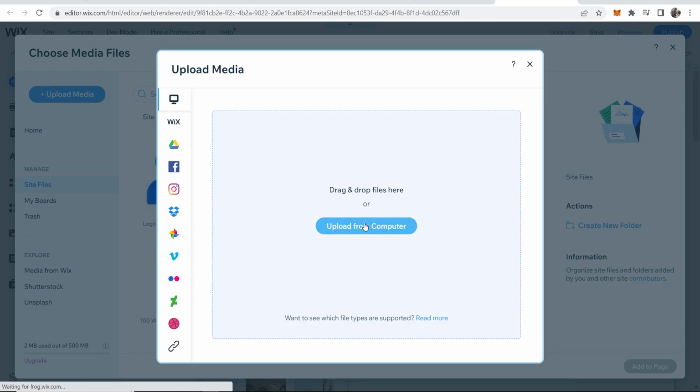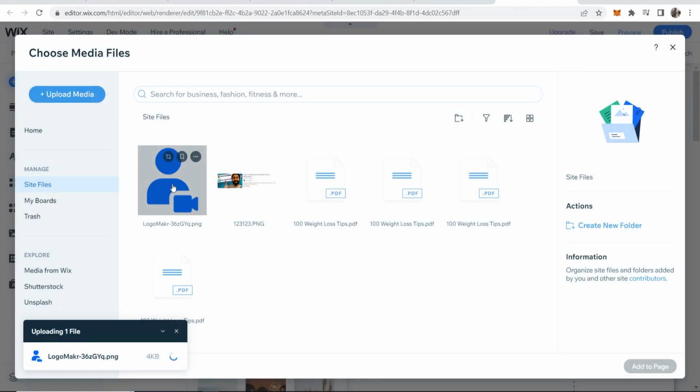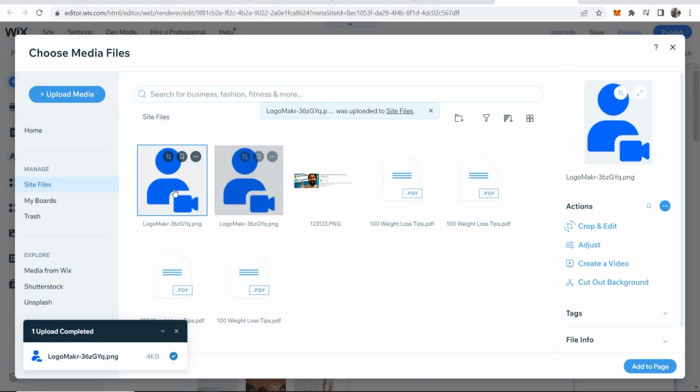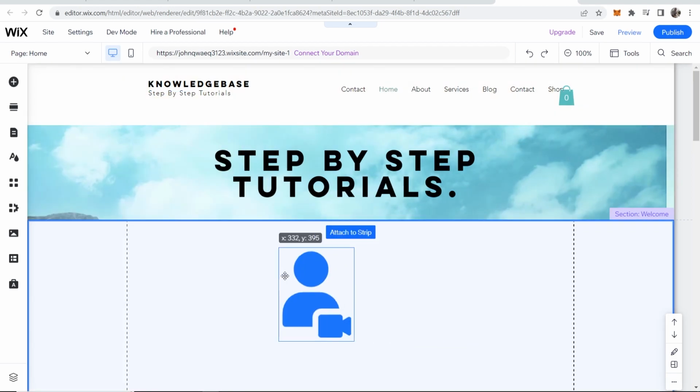So I'm going to grab my logo. So we'll choose this, we'll click open, and you can see our logo has been uploaded. I'm just going to choose this logo and we're going to click here add to page in the bottom right hand corner. Then that will add your logo,